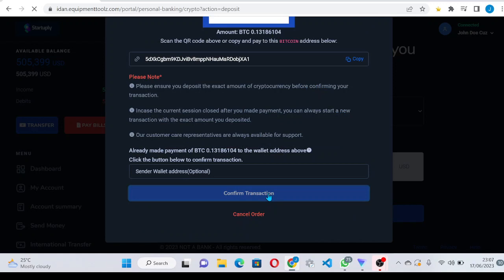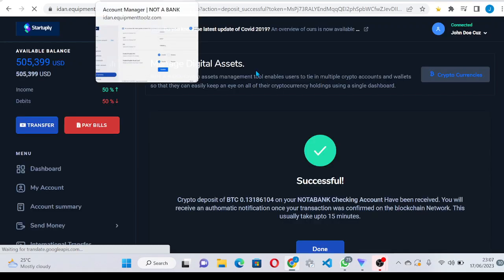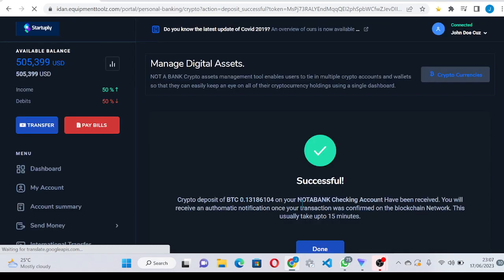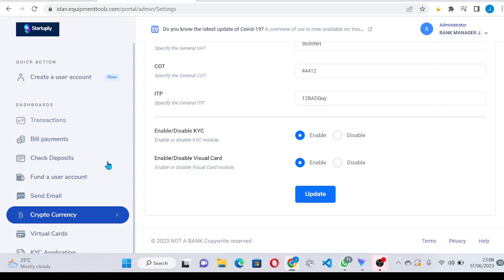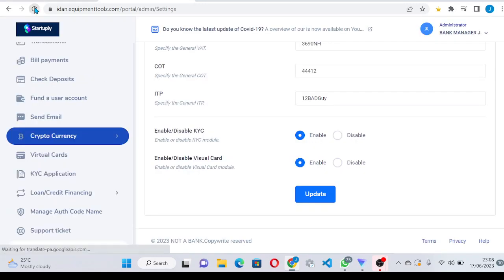Once you click on confirm, the admin gets a notification that cryptocurrency of this worth has been deposited in your account successfully. For it to be confirmed on the blockchain network, you see that the money has not been added to the account. That's because the admin has not confirmed it. So if I go back now and refresh this page,